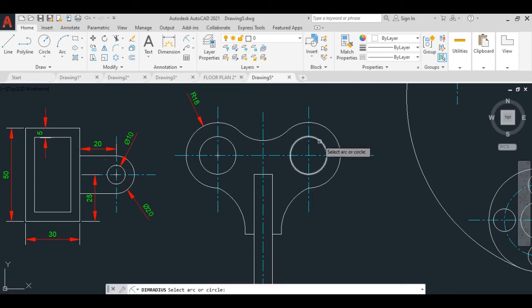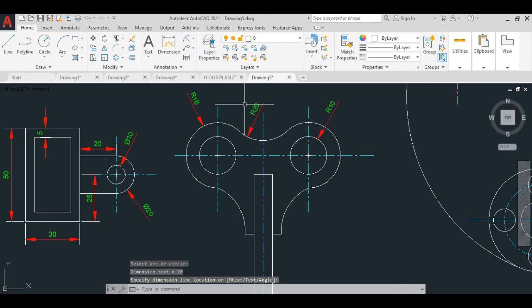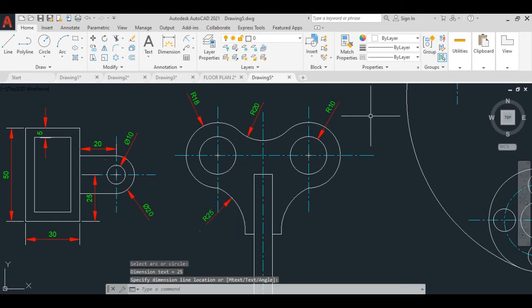Again we'll give this circle the radius. First we'll do the dimension for the radius, and then the lines, which you have already set for the dimensioning.